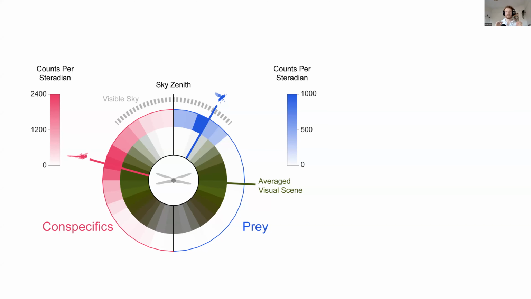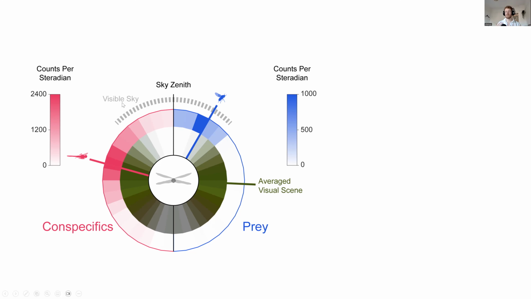So this figure takes a little bit of explaining. Overhead of the dragonfly that we see in the center is where the visible sky is. That's shown by how we've averaged what the visual scenery looks like at different levels around the dragonfly. Around the top, you can see it goes white because that's where the sky is. And prey, so small targets, are always seen against the sky, pretty much. They're always being hunted against the sky. That gives much better contrast. It allows the dragonfly to stay underneath and hit them from the blind spot.